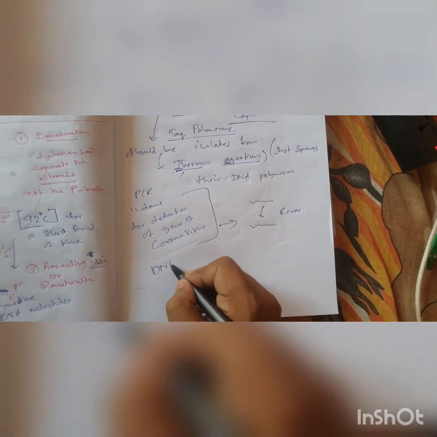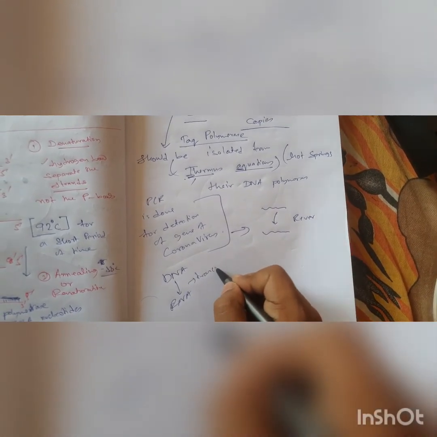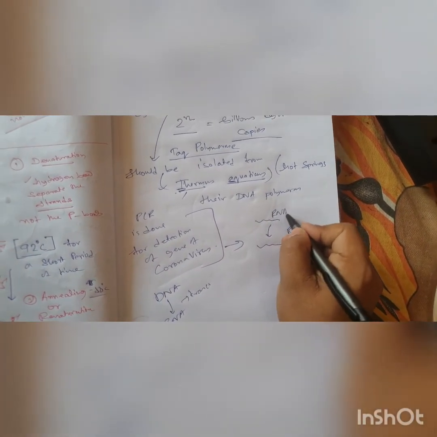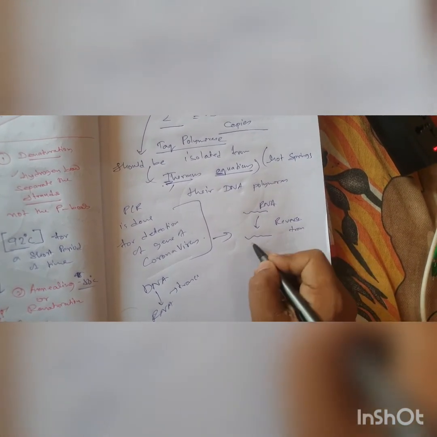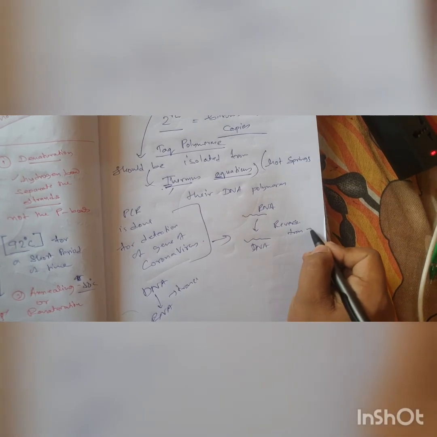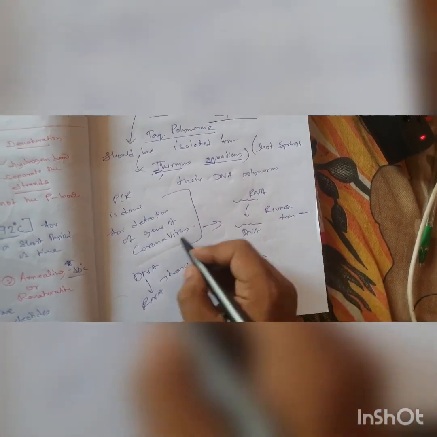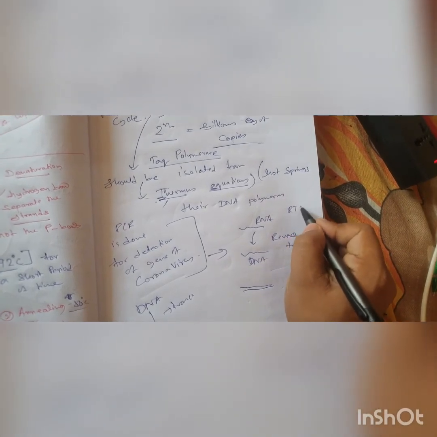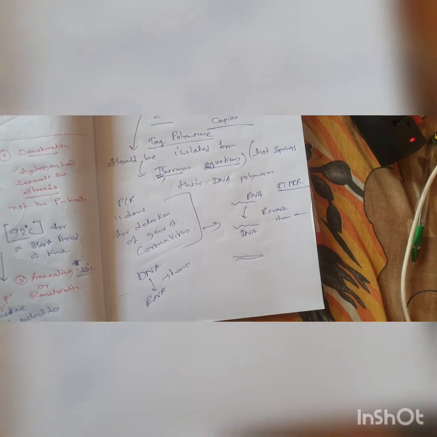What is the process of making RNA from DNA called? Transcription, yes or no? Coronavirus RNA, so that is why this is called reverse transcription. It makes DNA from RNA, reverse transcription. And when they take the DNA, okay, that is why the PCR is also known as RT-PCR. Okay, reverse transcriptase PCR.